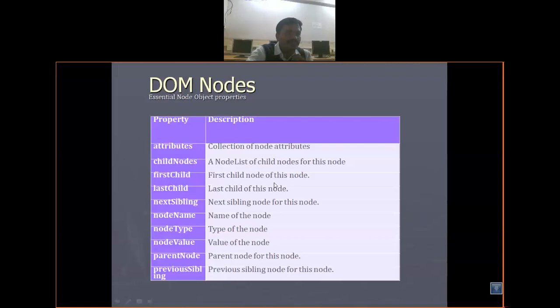Essential node object properties: attributes, the collection of node attributes; childNodes, the list of child nodes for this node; firstChild, the first child node of this node; lastChild, the last child of this node; nextSibling, the next sibling of this node; nodeName, the name of the node; nodeType, the type of node; nodeValue, the value of node; parentNode, the parent node for this; and previousSibling, the previous sibling node of this.